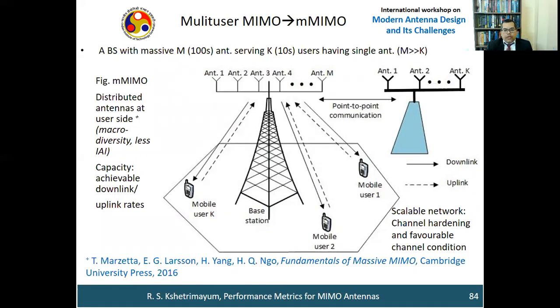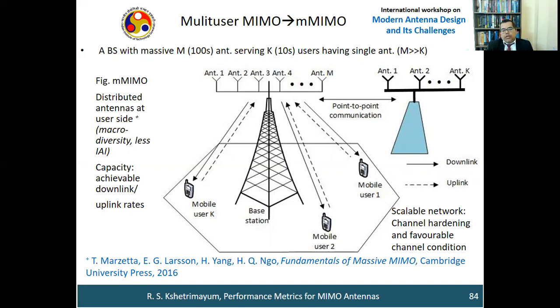So from 4G to 5G, multi-user MIMO has moved to massive MIMO. The major difference is that in massive MIMO, there will be more than 100 antennas at the base station. Because of that, there will be huge improvement, especially the processing which is done at the base station is severely reduced. It is scalable because of channel hardening and favorable channel conditions when your number of antennas at the base station grows. And what is the basic idea about